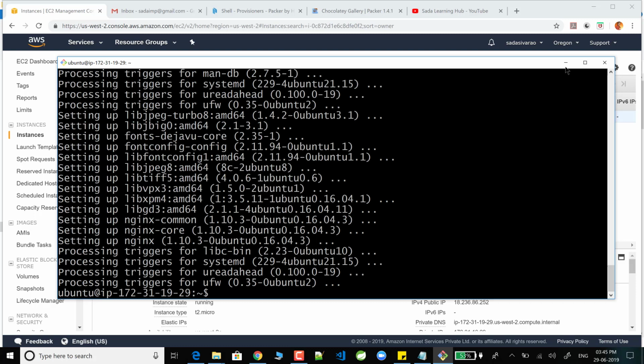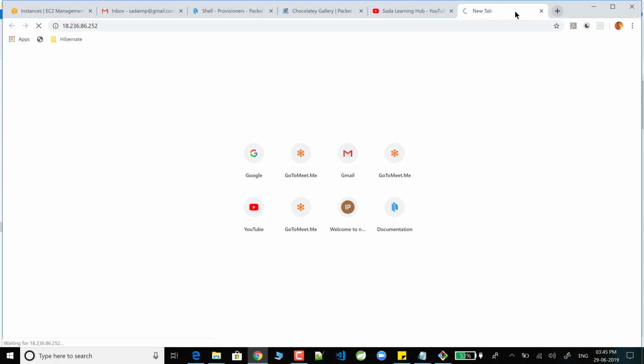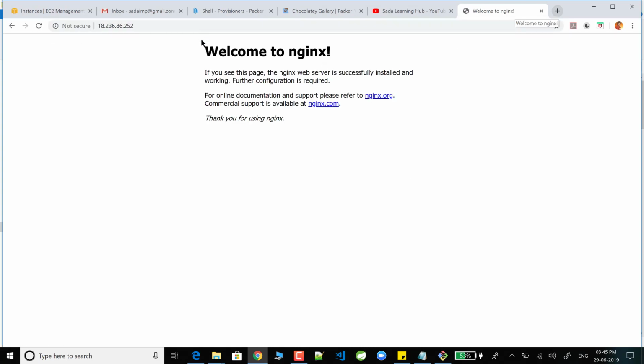Now I'm going to my machine. Now inside my machine Nginx is available. See, I'm going to copy my public IP. I'm going to check whether Nginx is really installed or not. See, now click on enter. See, welcome to Nginx. Now, if you see, I successfully installed Nginx software into this particular virtual EC2 machine. This is my Ubuntu machine.